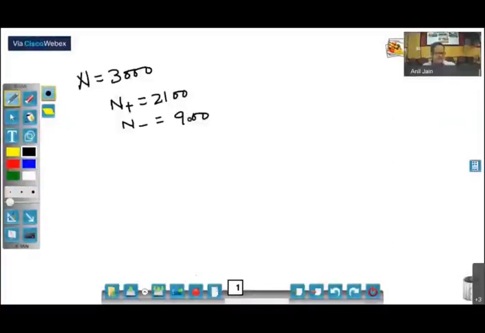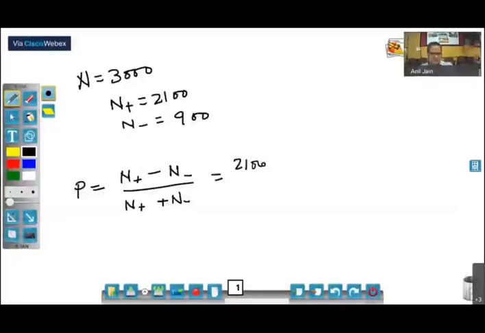Then what is the polarization of the beam? So P as per definition is n plus minus n minus divided by n, so this becomes 2100 minus 900 divided by,